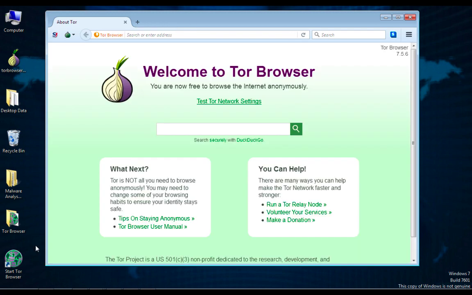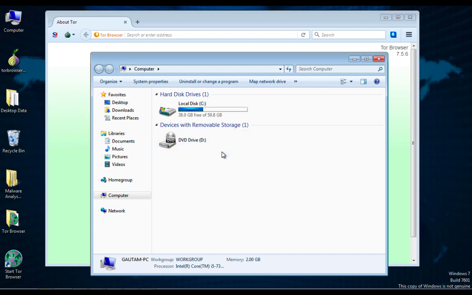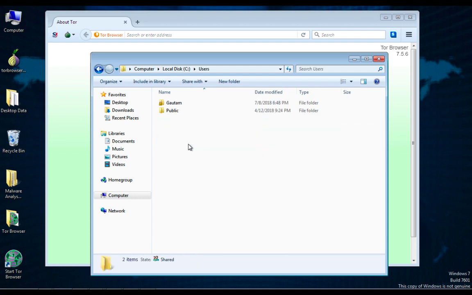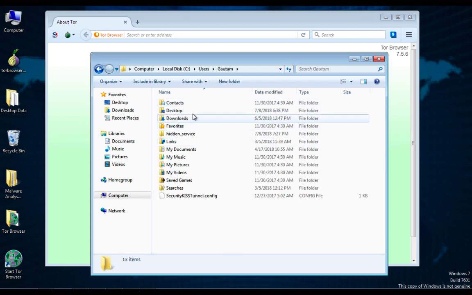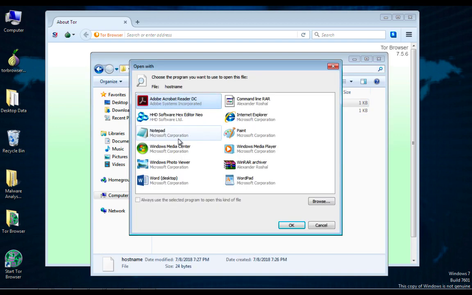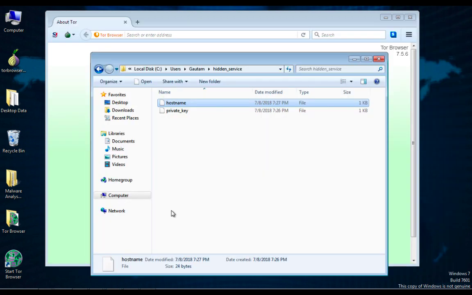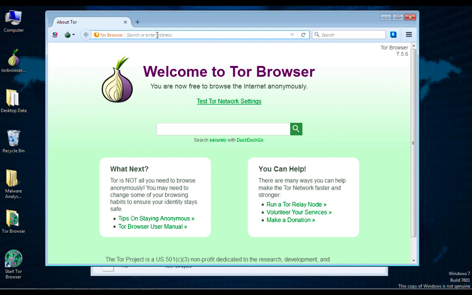So that's it. Right now I have to go to the computer again and get the host name, or you can say the address of our website that we have hosted on the Tor network. Go to C, Users, Gautam, and we created the folder here, hidden_service. So this is the host name. This is our website right now. Just copy this link and paste it into your Tor browser.